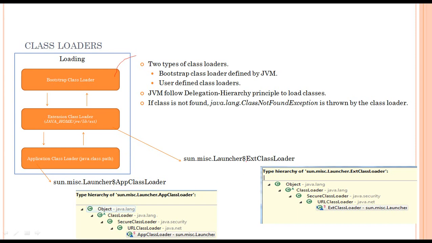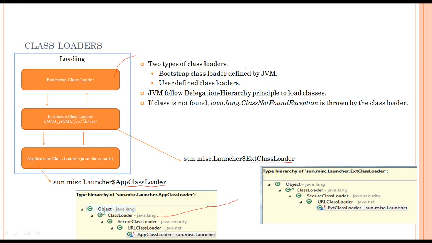So ext class loader you can see is the extension class loader and app class loader is the application class loader. Any user-defined class loader actually needs to have a base class of class loader so that it can use the native functions which are actually going to load the classes into memory and use the references in order to work with the classes.